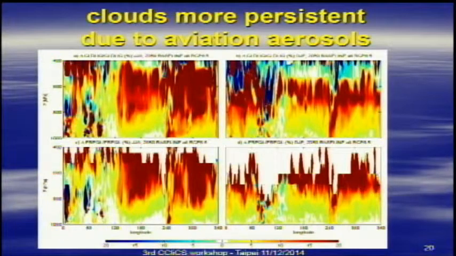So this is the so-called second indirect effect, the Albrecht effect. The first effect is the Twomey effect, when you increase the cloud drop number concentration in the clouds. So both effects are at work. And I happened to work with Phil a few years ago on cloud seeding geoengineering. And we were actually looking at brightening the low clouds by doing these two effects together. So in the future, when you take a flight, you can probably think of yourself as participating in a geoengineering project. But of course, this is totally unintended.